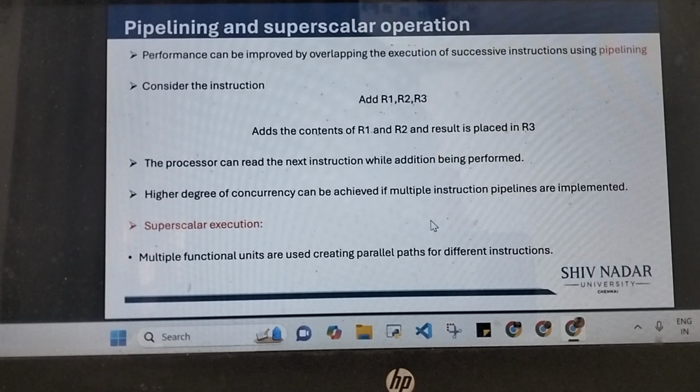So if you notice, each of these tasks is done by a different set of entities. So your fetch is going to happen between the MAR, MDR, main memory, and the buses. Your decode is done by the control unit. Your read again is done by the MAR, MDR, buses, and execute is most probably done by the ALU.